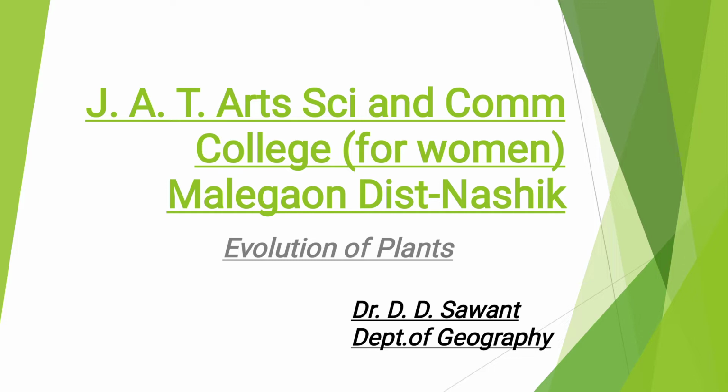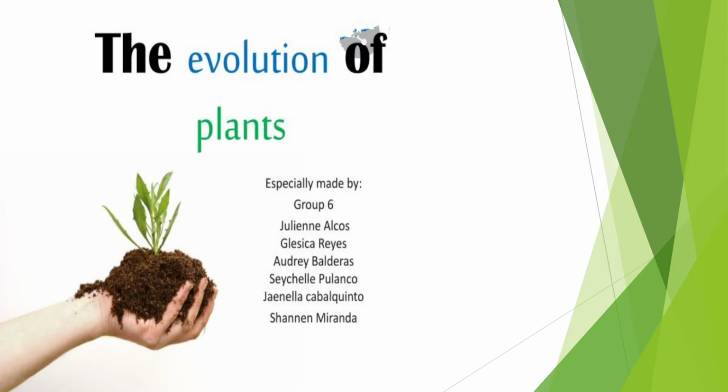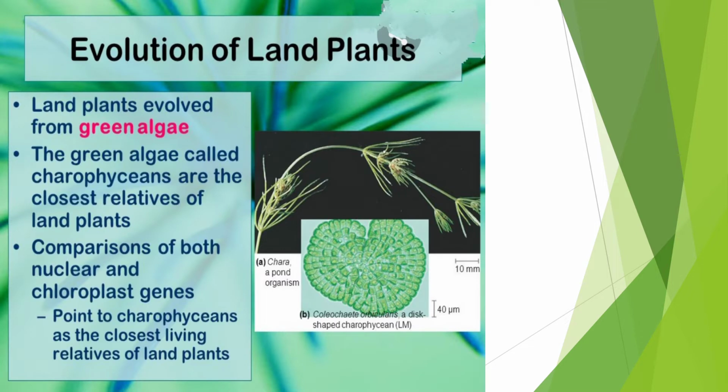Today, we are going to discuss the topic of the evolution of plants. Plant evolution means the origin, growth, and development of plants through time. Thus, evolution is the indicator of historical development of plants. The following are the important processes and mechanisms which determine the nature of evolution of plants in any region.